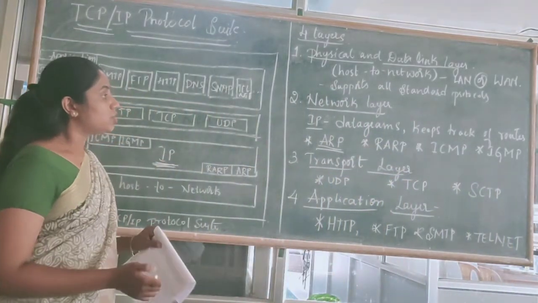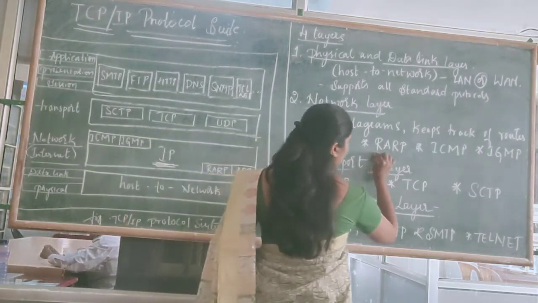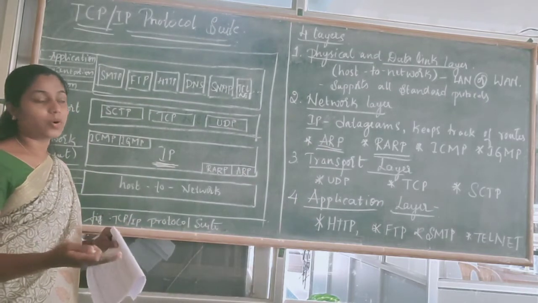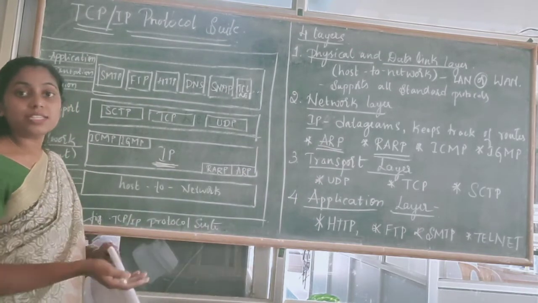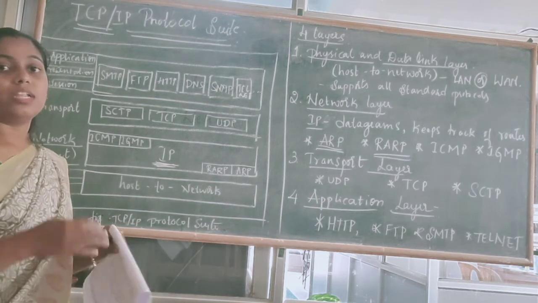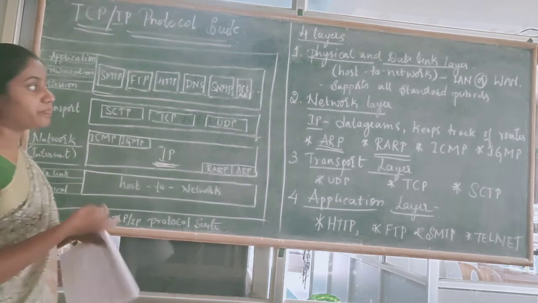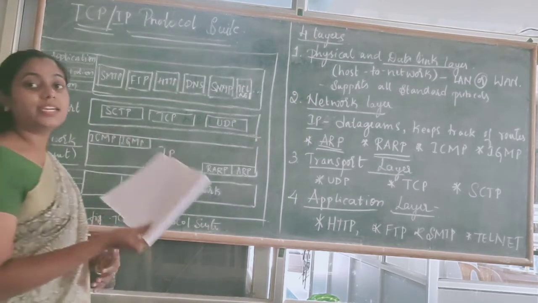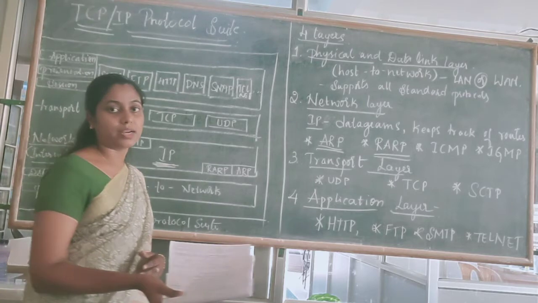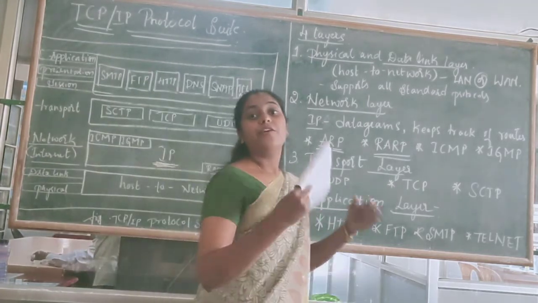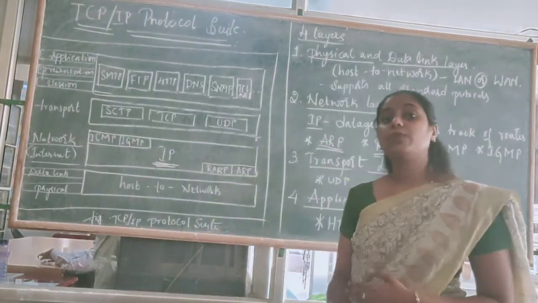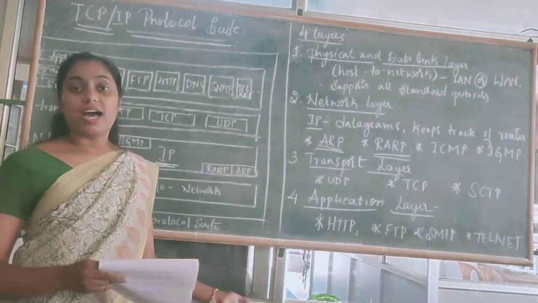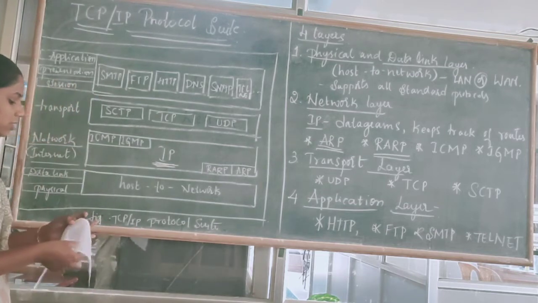Okay, so the next one is RARP. ARP is address resolution protocol. RARP is reverse address resolution protocol. It is just the reverse of ARP. So what is ARP? We will find the physical address when we know the IP address. In reverse, we can find the IP address when we know the physical address. This is done in which protocol? That is RARP. Okay, so the next one is